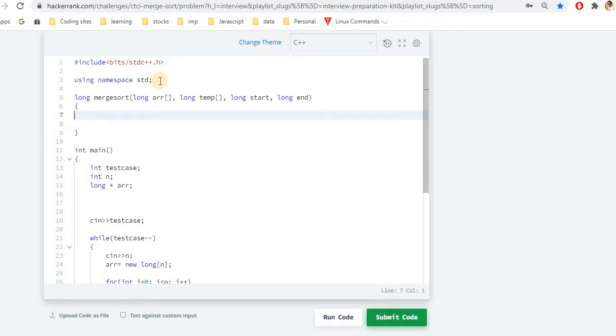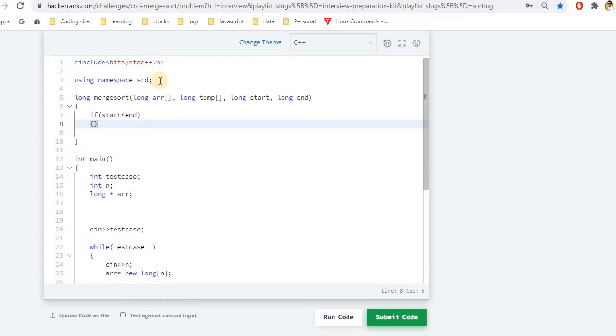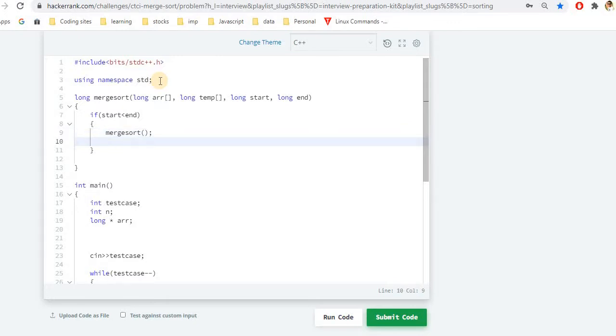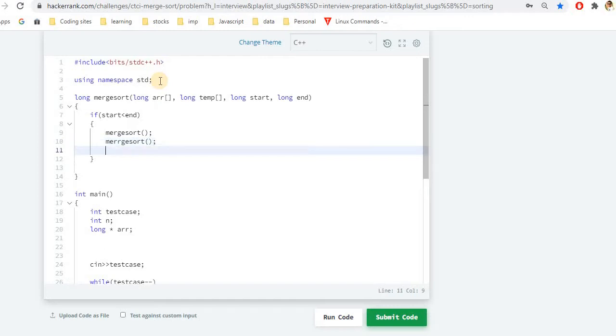So we simply write if start is less than end, that means we have more than one element in the array, and only then we want to call merge sort recursively. So here I'll call merge sort and pass values for the left part. Again I'll write a merge sort, where we pass values for the right half, and then there will be a merge function. So this is the basic skeleton of our merge sort.